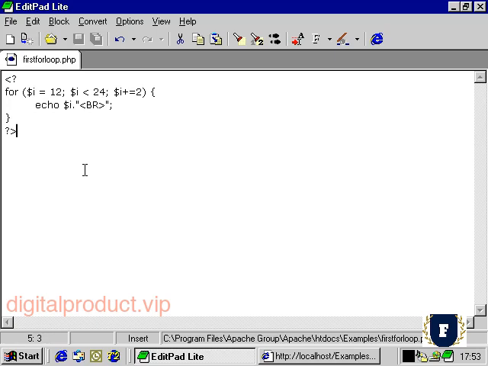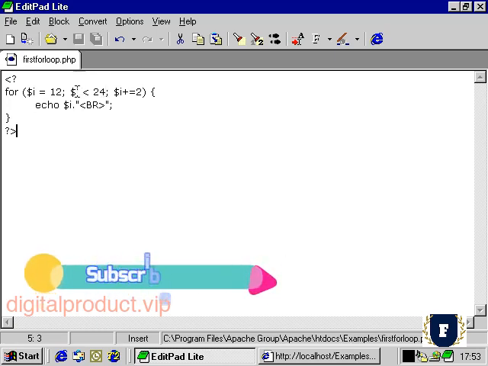Now there's one thing further I want to say about loops in general, and for loops are no exception, and that is that as we program, we need to be very careful that we give a proper closing condition. What I mean by that is, we have to make sure that our loop will eventually exit. What we want to avoid is the infinite loop. For instance, in this case, i will eventually no longer be less than 24 because this is going up. However,